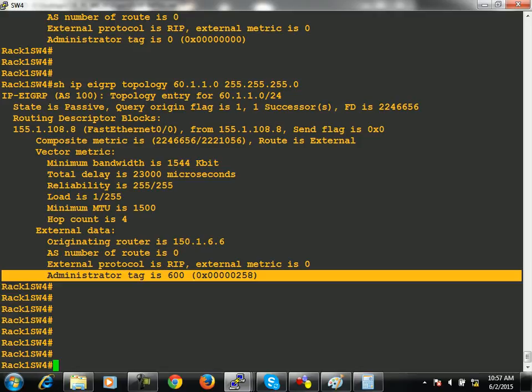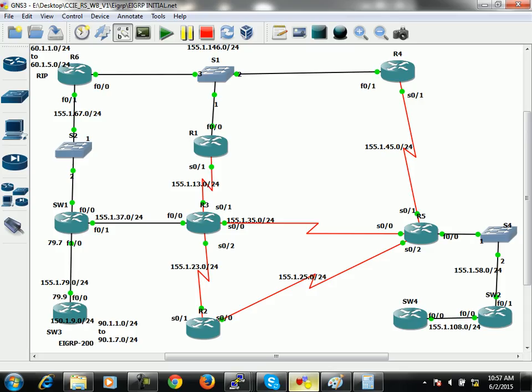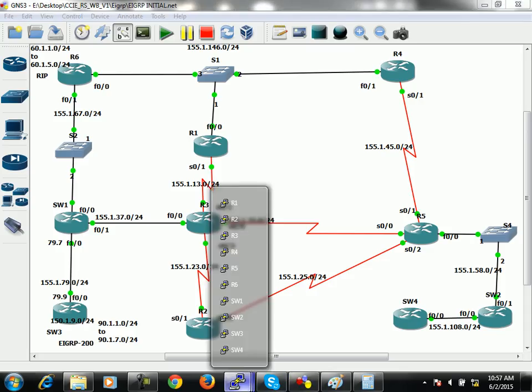Have you understood it or not? That is how to set tag during redistribution. Fine. In same manner, I'm going to